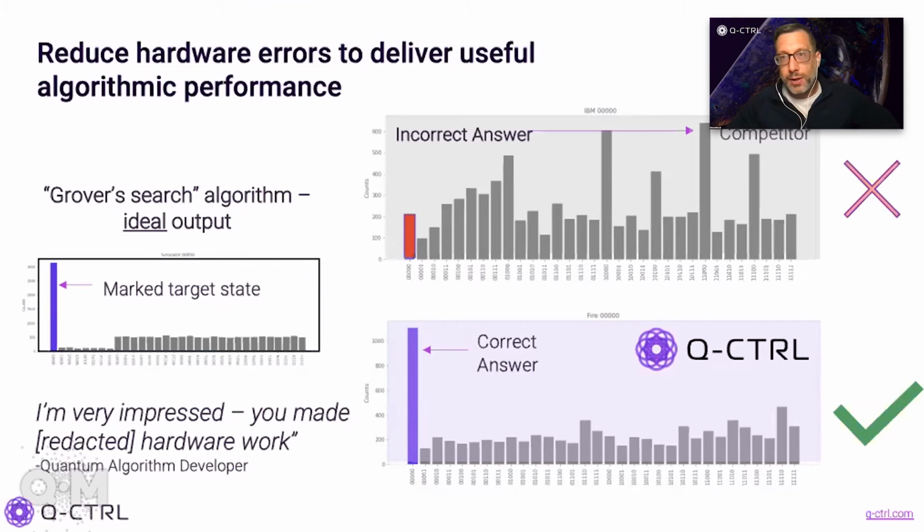So if you think about what you should achieve with Grover's search algorithm on the left, when you actually run it on a machine, even at very small scale, this is a 5-qubit algorithm, you get nonsense. You get something that is obfuscated by the noise. But if you run it through our software with, in this case, a single line of code, you can have this binary transition that converts the hardware into a system that gives you a useful output.